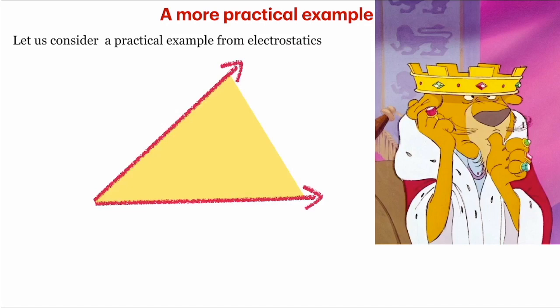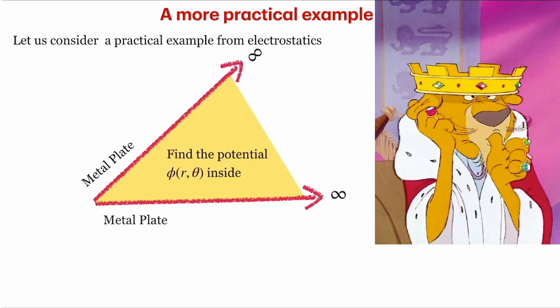You have two infinitely long metal plates kept at an angle phi naught. These two plates go all the way to infinity. You have to find out the potential inside. The metal plate means that the potential can be kept at a constant value. We can assume V naught to be 0. There is no harm in that, or take any specific potential. Mathematically it does not really make a big difference whether we assume some constant or the constant itself is 0.